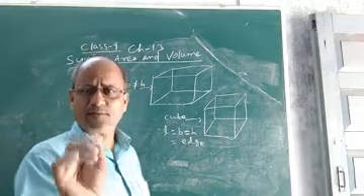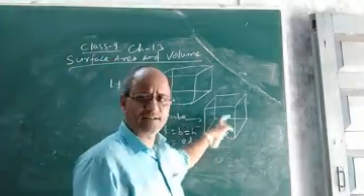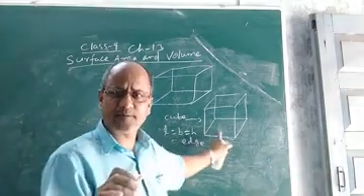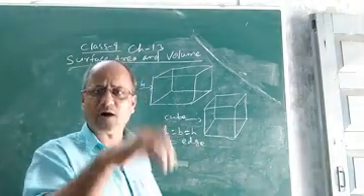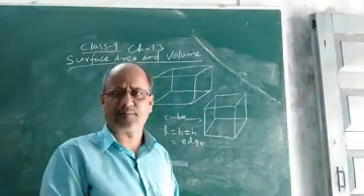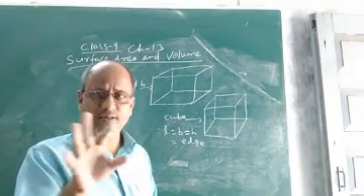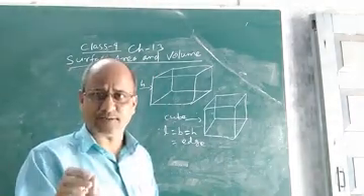You know the formula to find area of square: it is side into side. So you can easily find the area of each surface present in the cube. And if you add the area of all the 6 surfaces, you will get the total surface area. Then what is lateral surface area? Yes, I think you understood what is meant by total surface area.